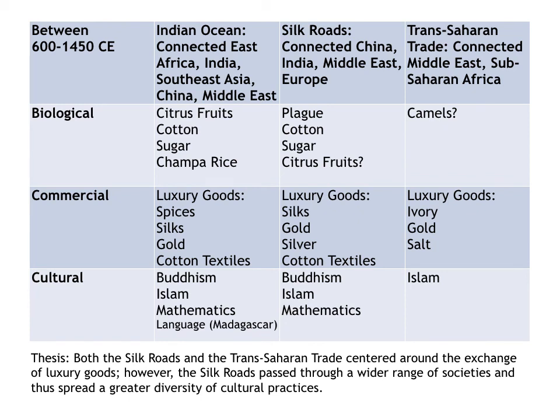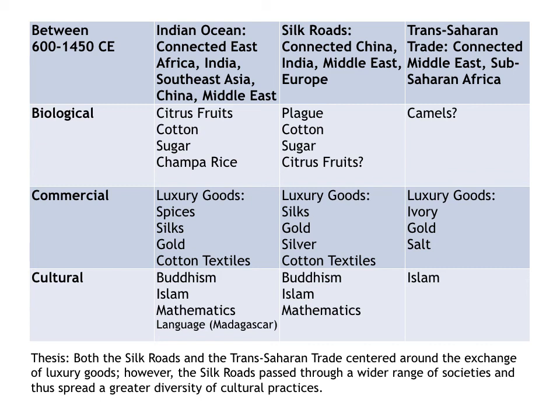And so the similarity that I thought was just the most obvious, and you really, when you're answering these, you don't want to come up with some crazy answer. Picking the most obvious thing is good, the thing that's easy to talk about. So I thought I would talk about the luxury goods. That's what's being transported in all of these things. So if I compare the Silk Roads and the Trans-Saharan trade, in both cases, we're just talking about luxury goods being traded for the most part. We're talking about silks and gold and silver and cotton textiles, talking about ivory, salt, all of this stuff is